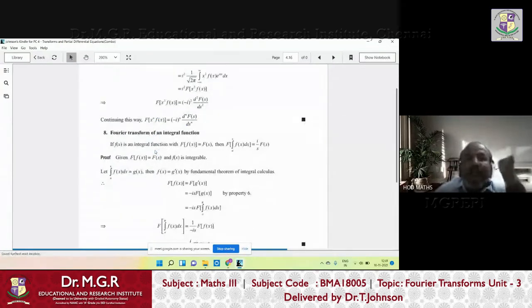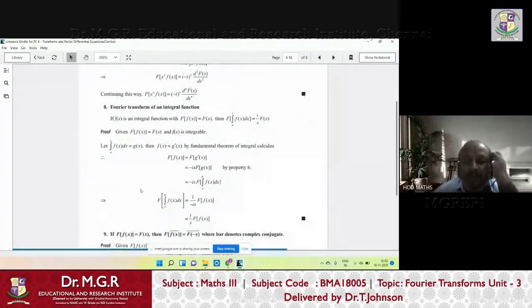So now you have seen the Fourier transform of a derivative and the derivative of a transform. Two things: the Fourier transform of a derivative is the Fourier transform of f dash of x, and the derivative of a transform means capital F dash of s. Right, now you see one more property here. I think this property is not there when I teach in the offline classes.